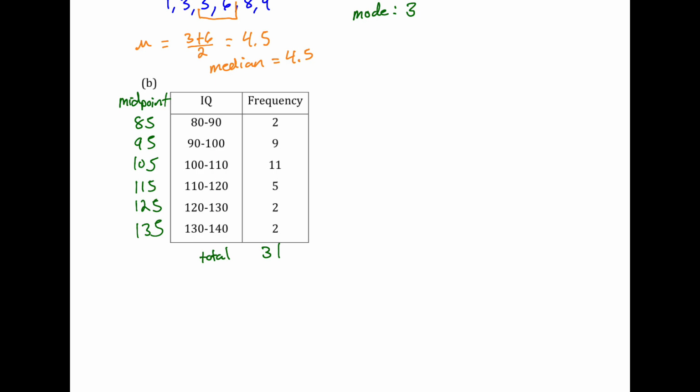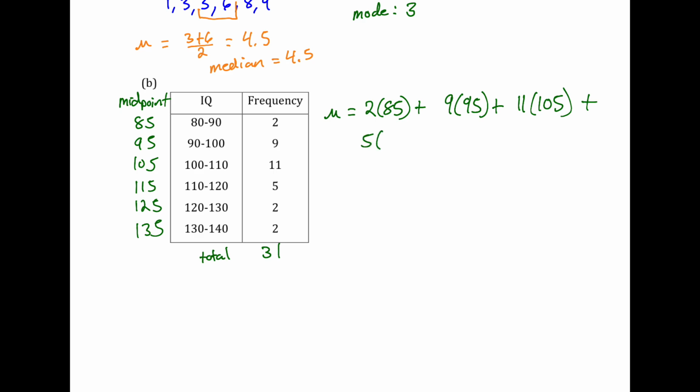So to get our mean here, we can do 2 times 85 plus 9 times 95 plus 11 times 105 plus,